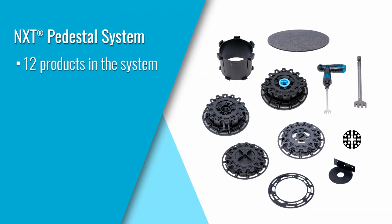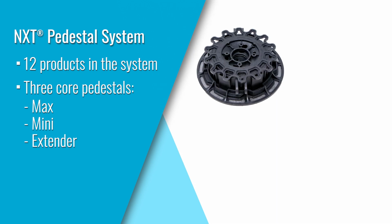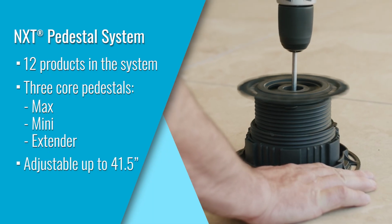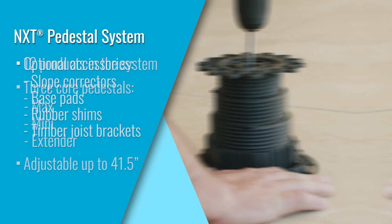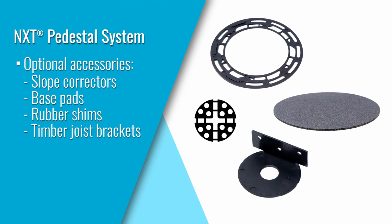Our streamlined system has just 12 products to choose from, including 3 core pedestals, the NXT Pedestal Max, Mini, and Extender, which can be combined to achieve elevations as high as 41.5 inches. Optional accessories including slope correctors, base pads, rubber shims, and timber joist brackets give you the flexibility to customize your